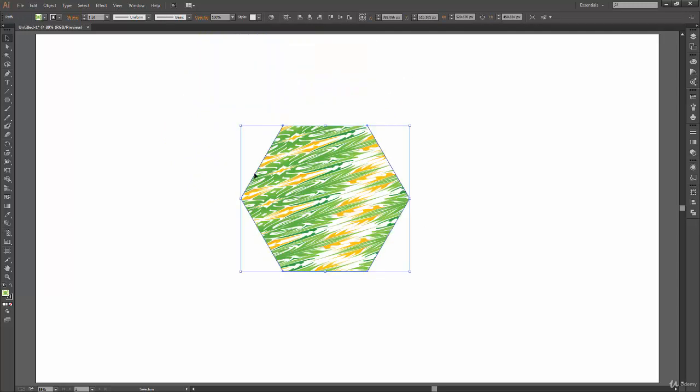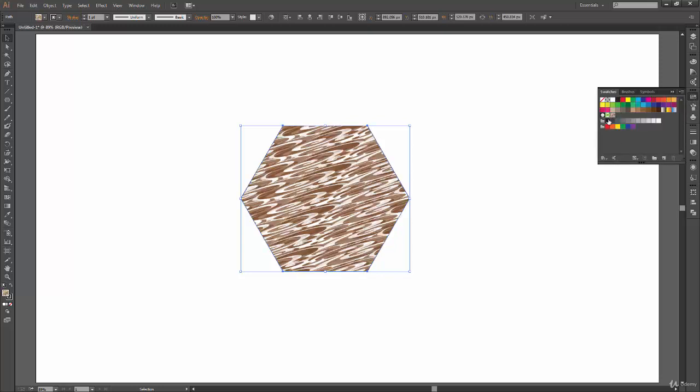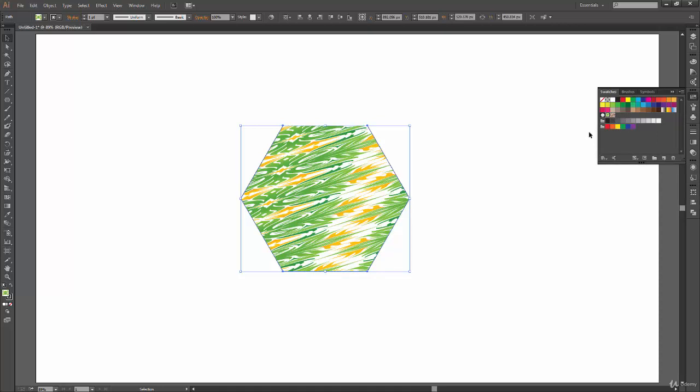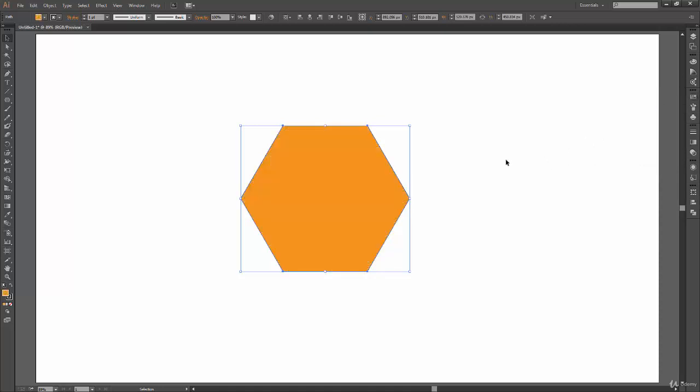Now you can see that we made changes to the pattern. So now if we're creating any shape, this pattern, we are getting this transformed pattern in our shape. So to reset this, we have to transform it back, or we can just have a single fill in our shape. To select the free transform tool, you can click on this icon, or the shortcut key for this tool